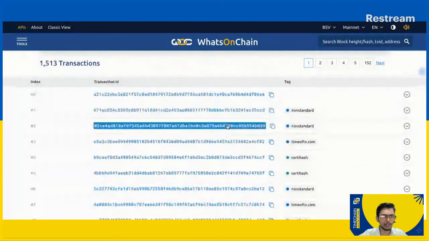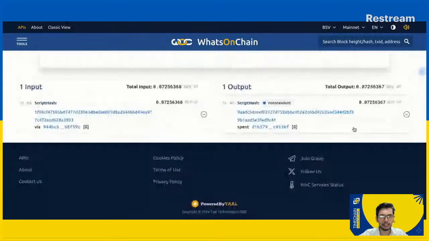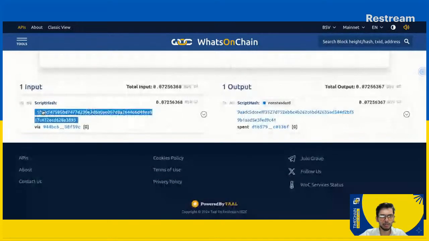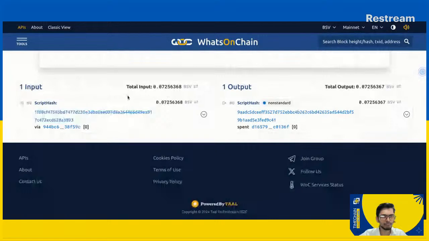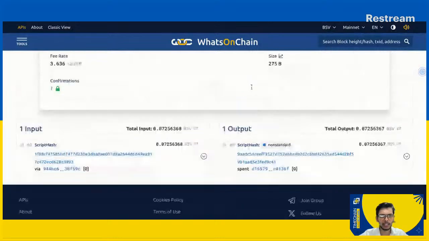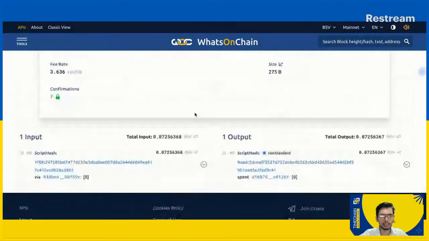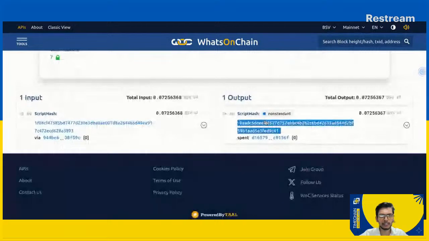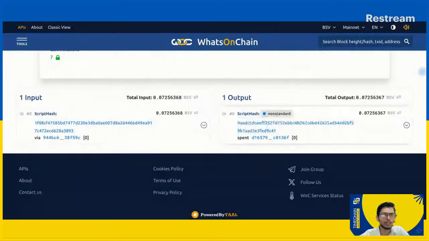And each of those transactions, let's go to a non-standard transaction. It has one input, one output, but there is a discrepancy in the output. The output is lesser than the input, right? So the difference is actually the mining fee that has gone to the miner for this block. And then there are the scripts also. We'll come to the smart contracts part of it as well, of how you can do a non-standard custom script instead of the standard Bitcoin payment. And that's how you can have a conditional smart contract written on Bitcoin.